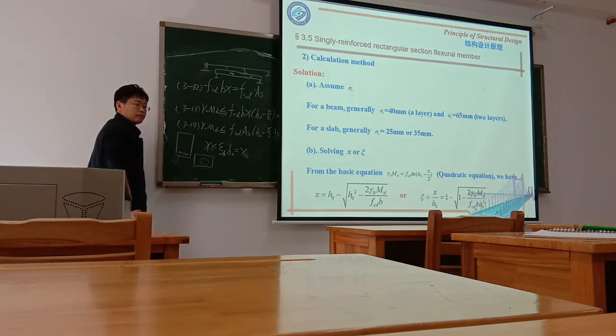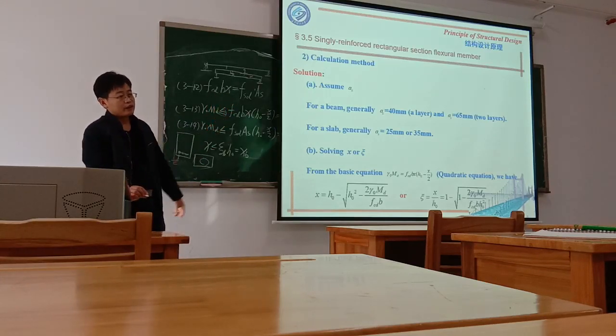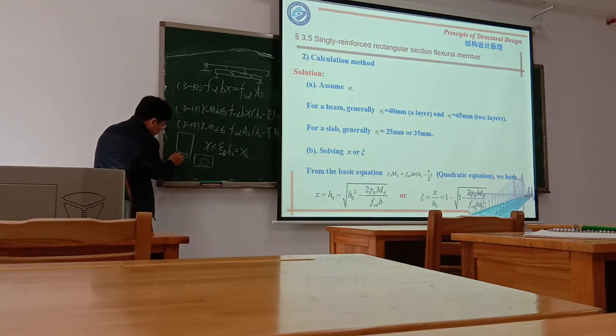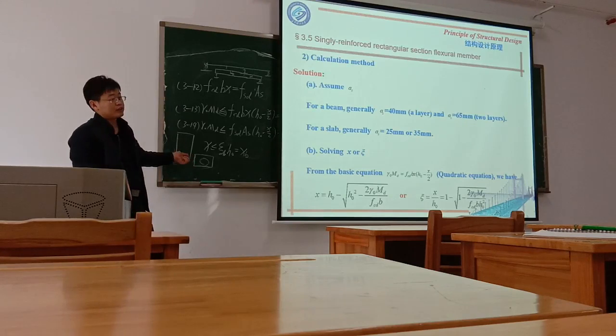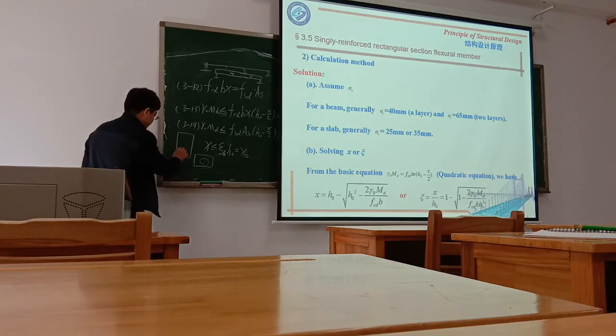So that means if you use AS equal to 40, and this is the clear cover, AS is not equal to the cover thickness. It should be the cover thickness plus half of the diameter of the reinforcement, because AS is from the center of the reinforcement. Cover thickness is from the surface of the reinforcement to the surface here. So AS is larger than cover thickness. For one layer it is cover plus half the diameter. For two layers,